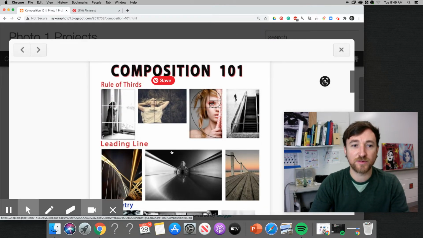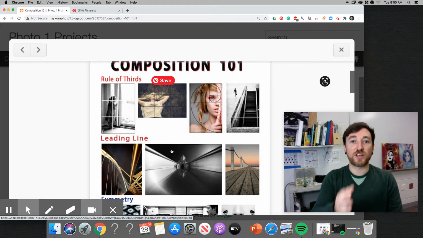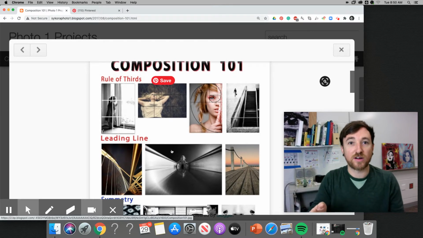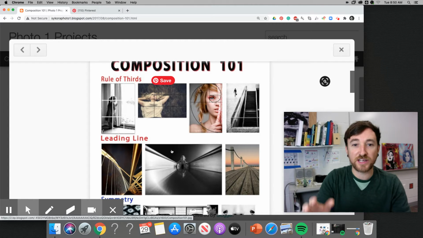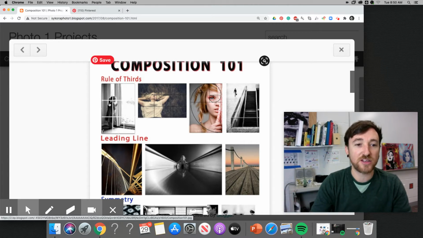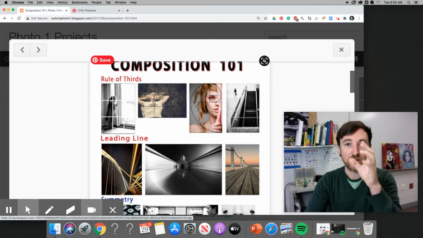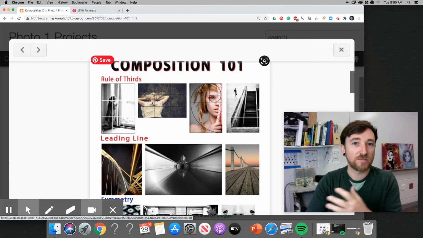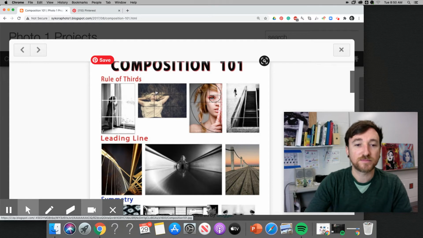So as I've said before, rule of thirds is when you divide your picture into 3s vertically and horizontally. And then you place your focal point in those corners of the intersecting points, okay? So it should be in the top left corner, top right corner, bottom right, so forth. So here you have the person's head as the focal point, lines right up with those lines and that intersecting